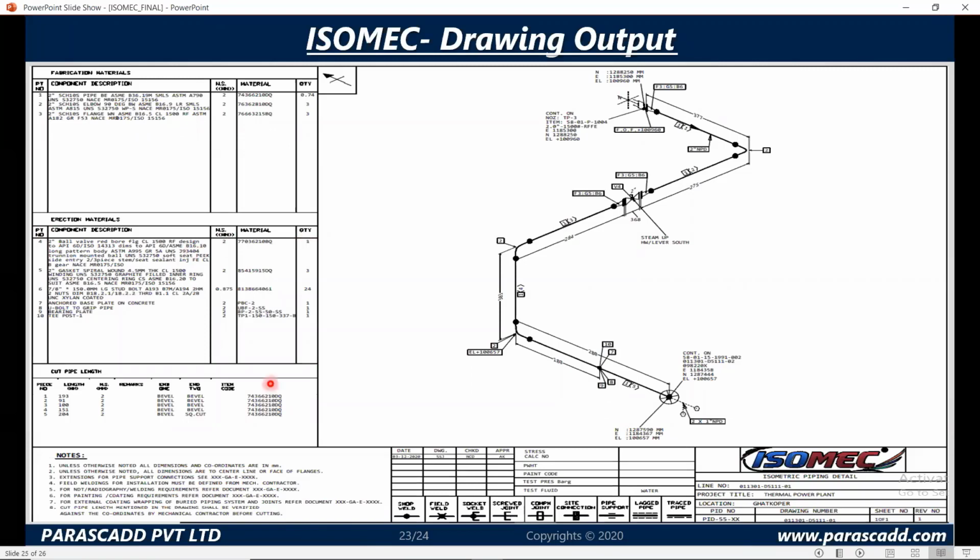At the same time, automatically within seconds, we can show the pipe cut pitch length with the piece number, its end conditions, and the item code that we have, and the length over here in mm you can see. The north orientation with the special notes that you need, the line details over here, and the project details can be shown in just one sheet. That is our DWG export of the line.